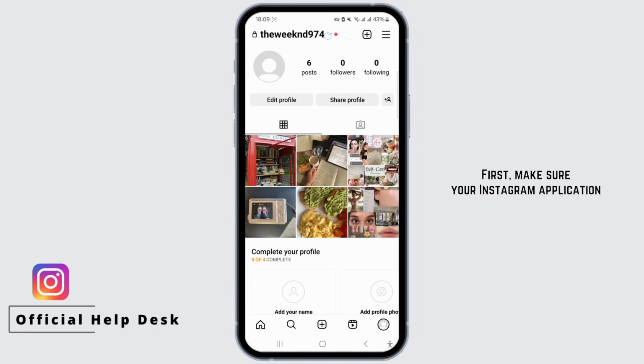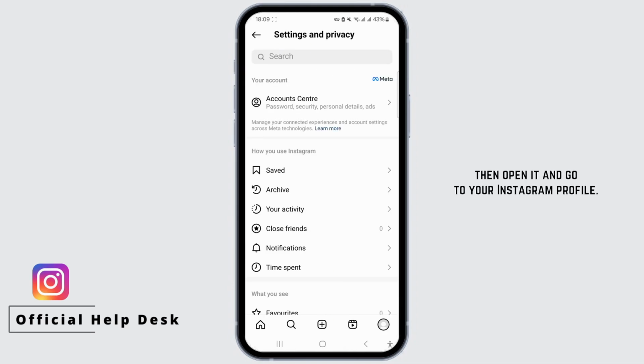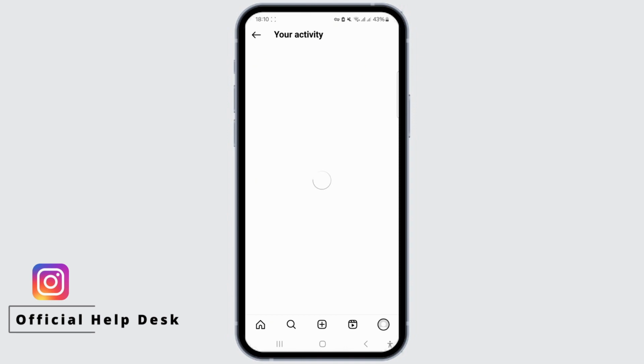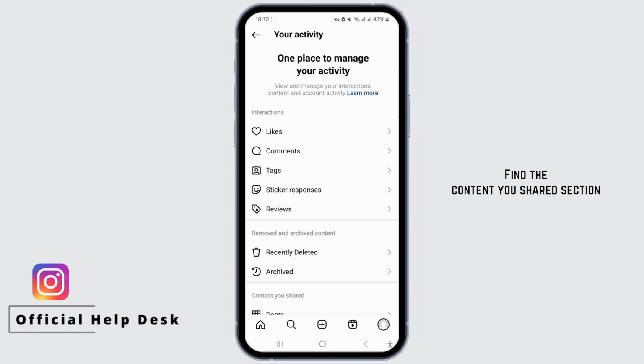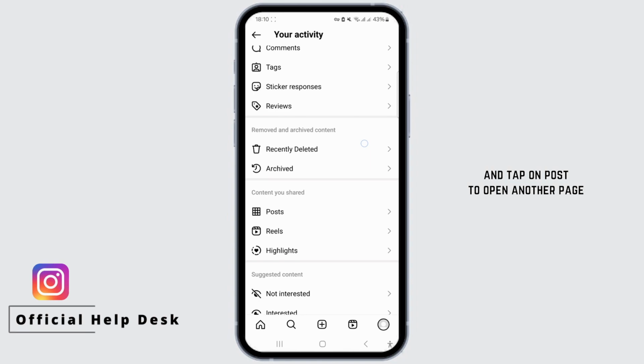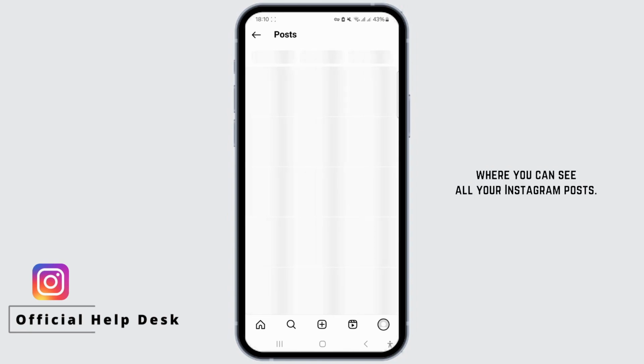First, make sure your Instagram application is updated to the latest version. Then open it and go to your Instagram profile. Tap on the three horizontal lines at the top right corner and select Your Activity from the menu. Find the Content You Shared section and tap on Posts to open another page where you can see all your